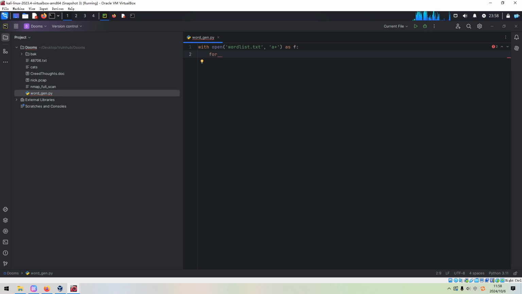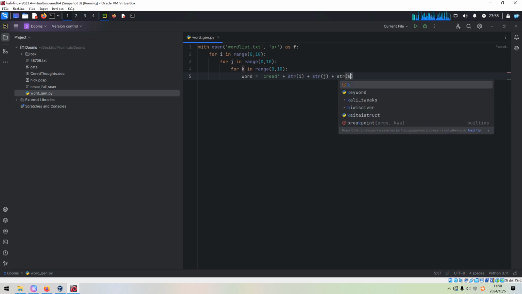And then we can make a loop, for i in range. This should be the first digit, which should be put at the end of the create. Similarly, we need to make another loop, and a third loop, and then the word should be equal to create plus the string of i, j, and k.